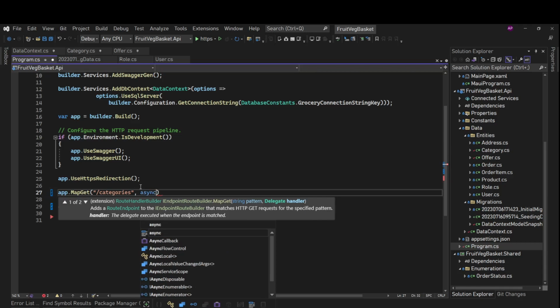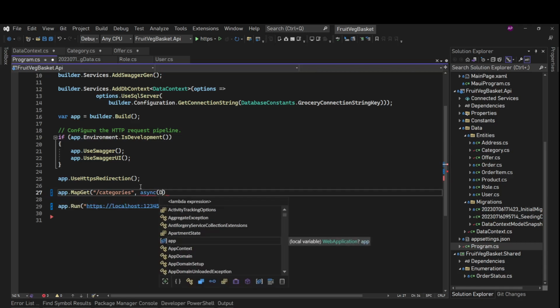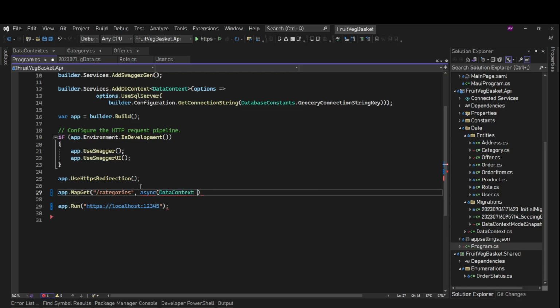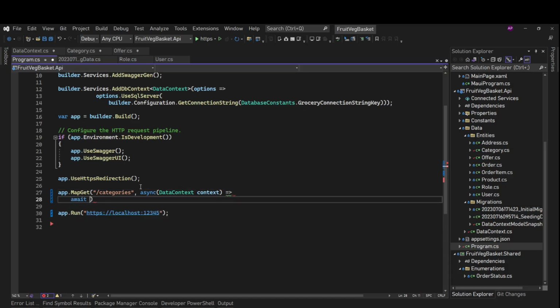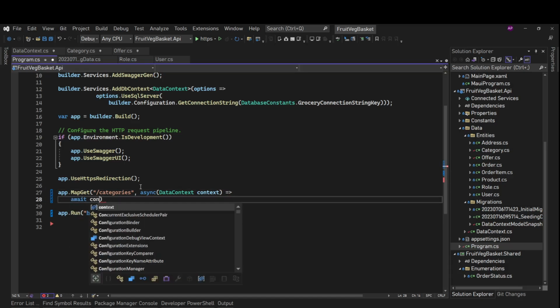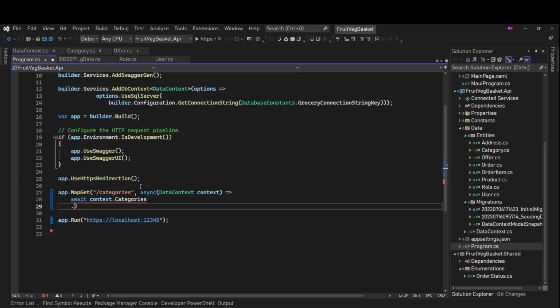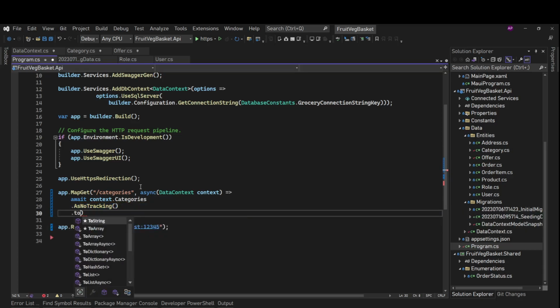So here we'll inject our data context, let's say context, and from here we'll simply return await context.Categories.AsNoTracking().ToArrayAsync().